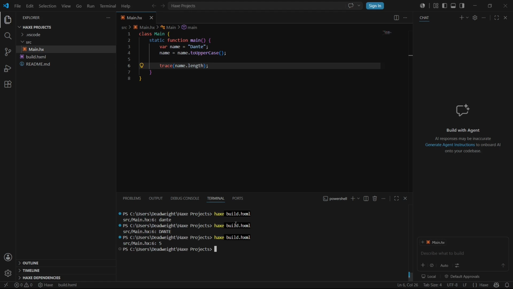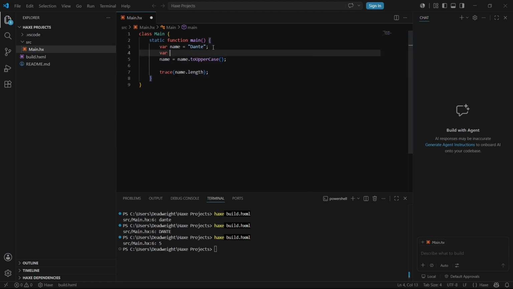Then there's the substring function. We can use this to separate the string into a few parts or pick apart a certain part of a string. So let me explain. Let's say I wanted to separate Dante into two words, Dan and Te. To do that, I'll create a new variable called part1. And to call the substring function, all I have to do is type name dot substr followed by a